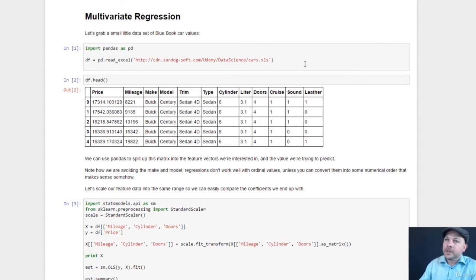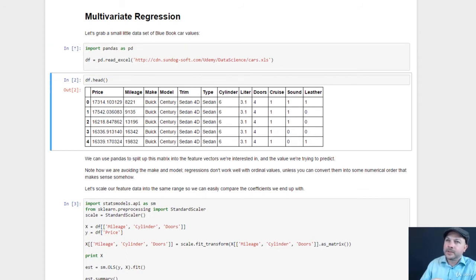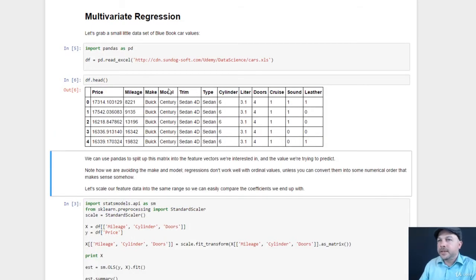Let's make that real. Go ahead and kick off this first block here, and that will suck down an Excel spreadsheet that I created offline that just has fabricated data about various cars and the amount that they sold for, and some data about those cars, and it will load that into a pandas data frame. So if you have internet connectivity, that should come right down. And if you go on further here, we can take a little peek at that,